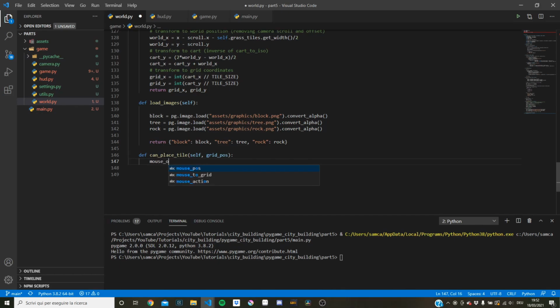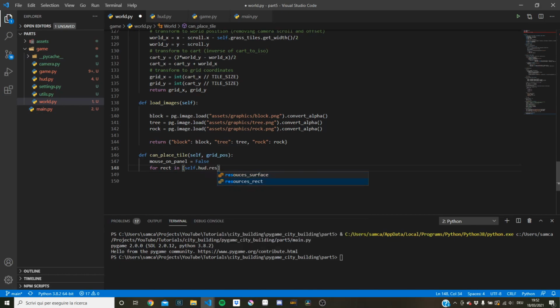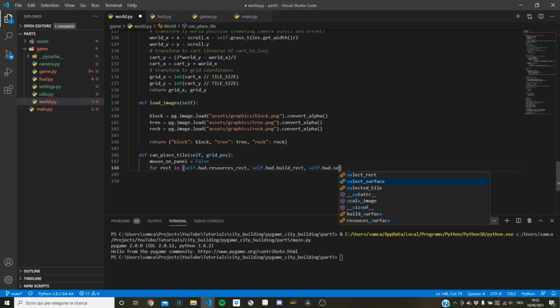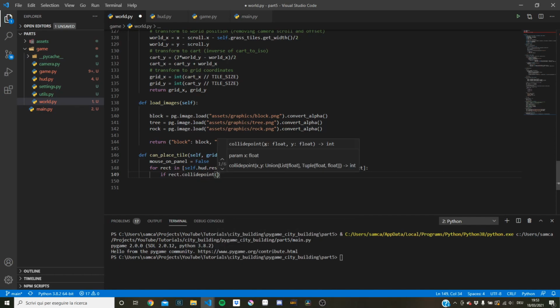So if I initialize this as false, then I can say for rect in each of the rectangles that we've made, the first one is the resources one, the second one was the building one, and lastly we had the select one, then we can say if rect.collidepoint with the mouse,